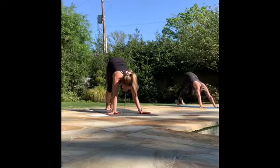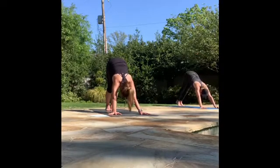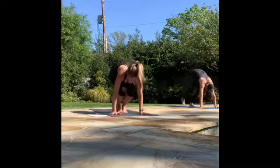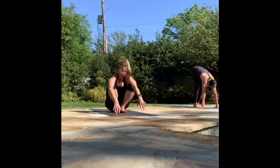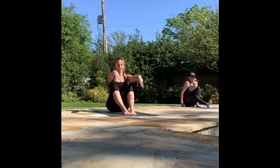From this down dog, take a deep breath in through the nose and exhale out through the mouth. When you're ready, walk your feet to the middle of the mat, slowly making your way to a seated position, bringing those feet out in front of you, arms go out in front of you, one vertebra at a time,